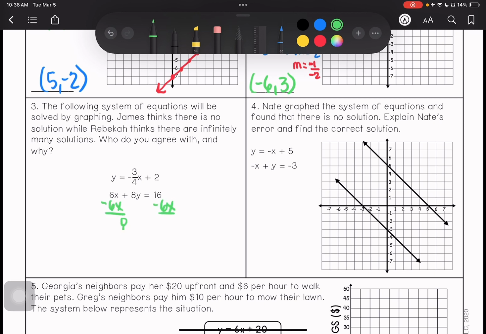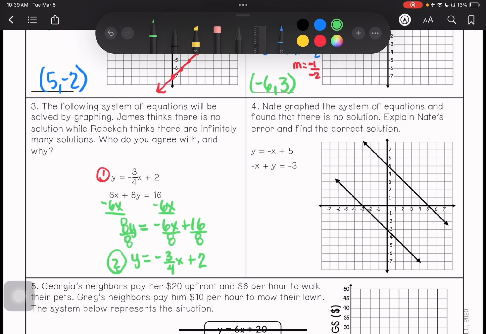That leaves me with 8y equals -6x plus 16. Divide everything by the coefficient 8. And that leaves me with y equals -3/4 x plus 2. So when I compare this equation with equation 1,